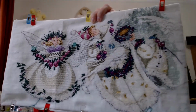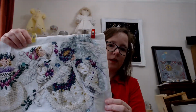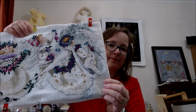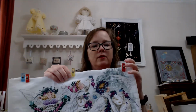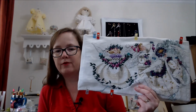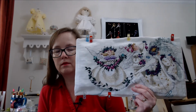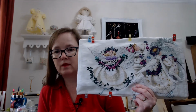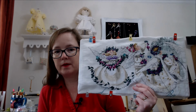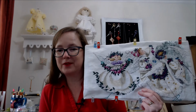And I am as far as the center this way, and there's no stitching beyond that. Just the top of the tree is done there. But really, when I focus on these mirrors, they go relatively quickly. So I really should just work on them some more, but